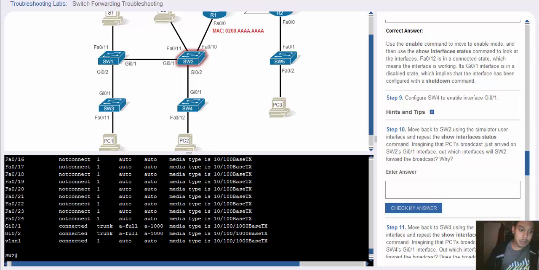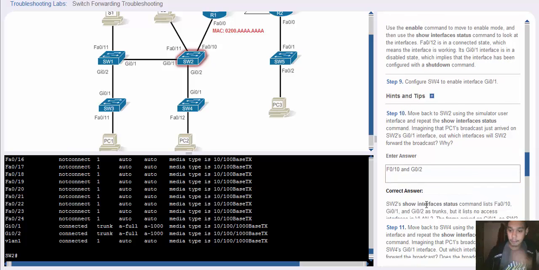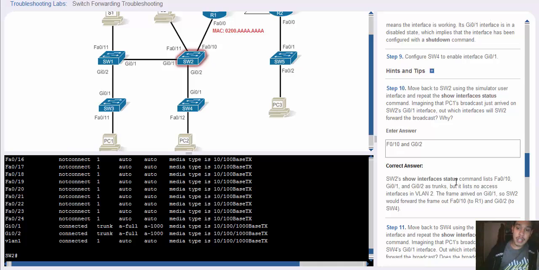Gigabit 0/2 is now connected. There we go. Trunking, so that's good. So it'll forward the broadcast out of Fast Ethernet 0/10 and gigabit 0/2. The show interface status command lists Fast Ethernet 0/10, gigabit 0/1 and gigabit 0/2 as trunks, but it